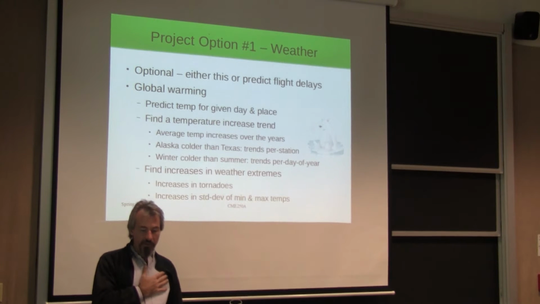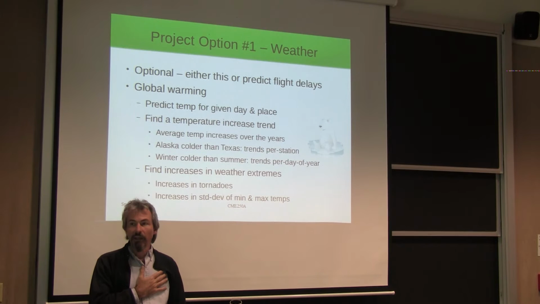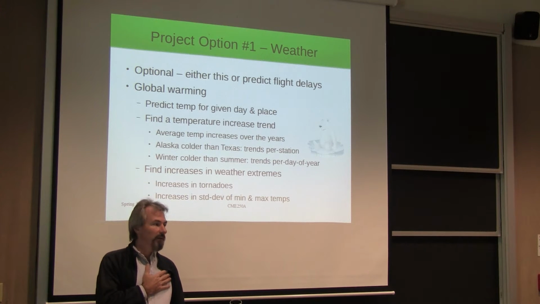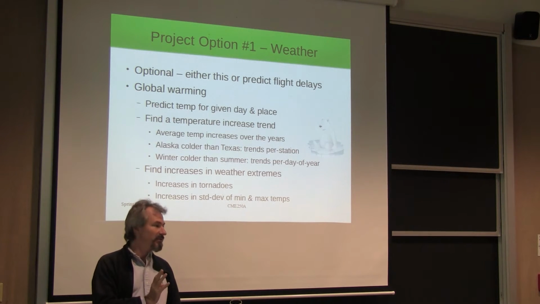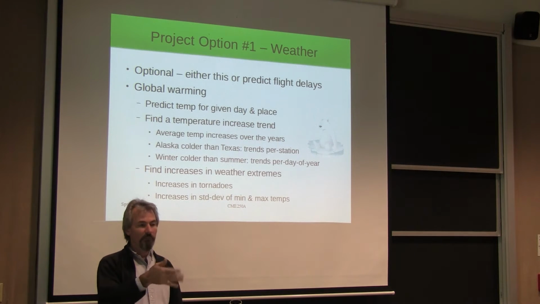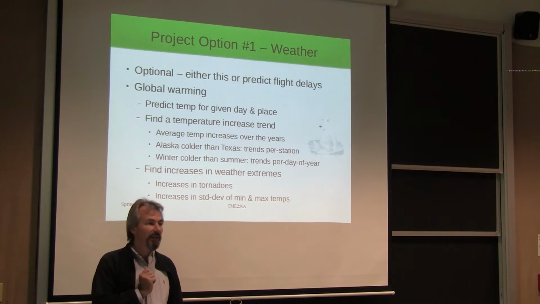And then for the global warming piece, this is simply using your powers of observation. It's not necessarily machine learning, but it's definitely data exploration on big data. Try to figure out how you would look for evidence of global warming, and whether you can find it. For instance, the obvious thing to do is take all the temperatures across all stations, average them per year, and ask what the trend line is. Okay, well,